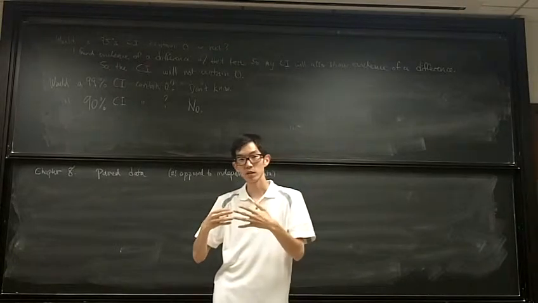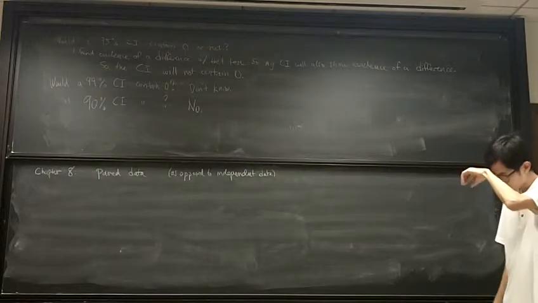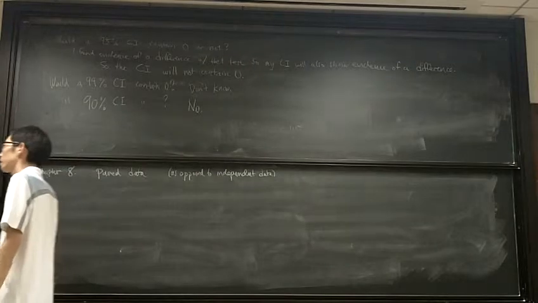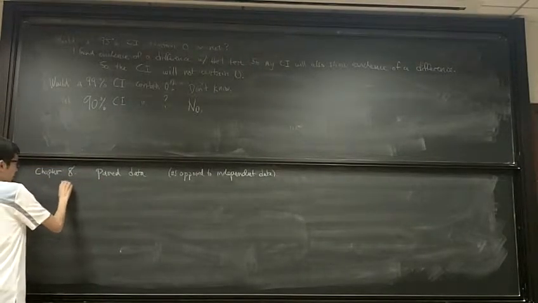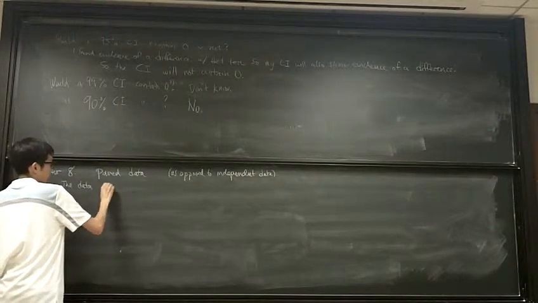The results are linked. Okay. So let's just try an example here. Okay. So let me just say paired data, the data between the two groups, the data between the groups